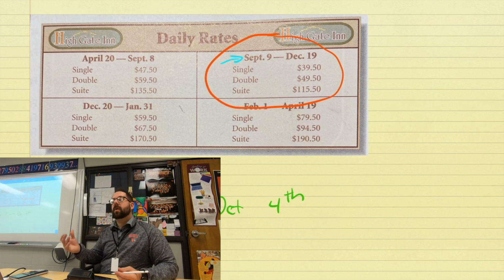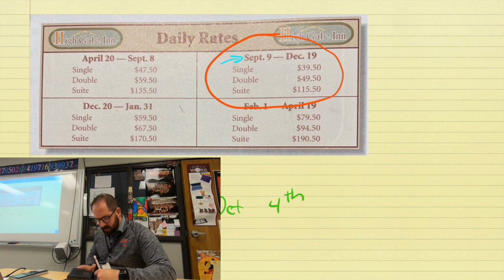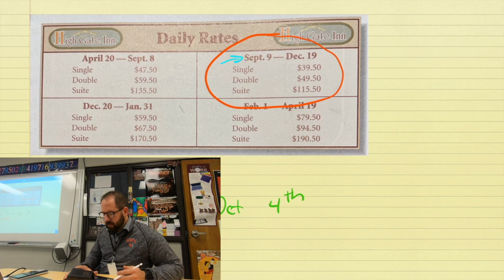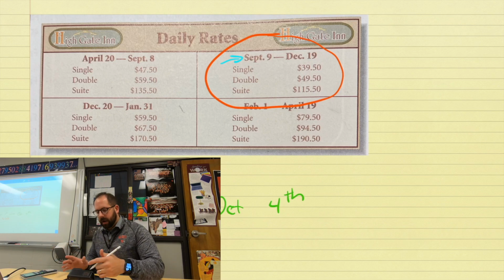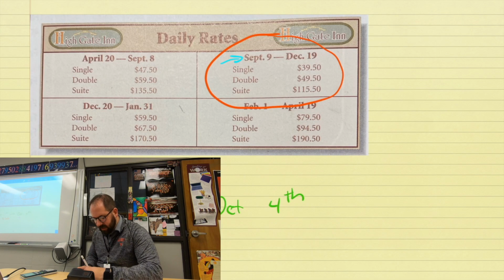So then I'd need to know, okay, how many people am I having? Let's say I'm going with 3 friends. So now I'm going to be checking, okay, should we get 3 singles? Should we get a double and a single? Should we get a suite? What should we get, so that it works out in our favor? So in my case, if I get 3 singles, I'm just comparing. These are the things I always contemplate, right? So if I'm getting 3 single rooms,